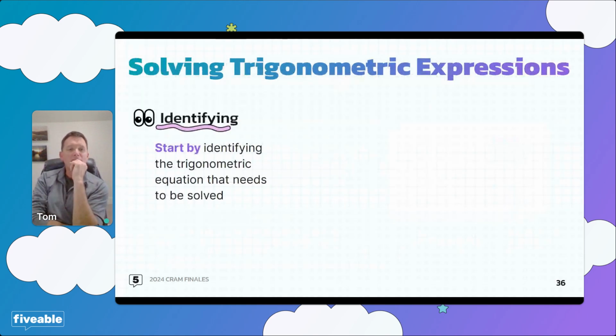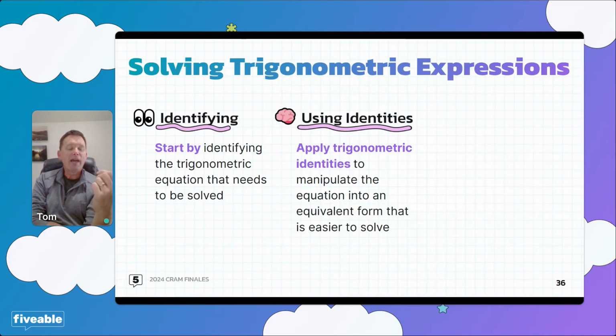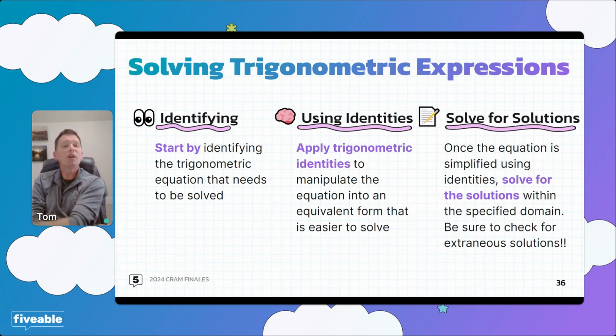So at this point, we're going to start playing around with what it looks like to solve equations and expressions. And what's going to happen sometimes is you're going to be given a problem in a form that isn't immediately solvable, and you'll be able to use one or more of these identities to rewrite the problem in such a way that you can actually go through and solve it. This is going to be a topic for night 4. So this is just a preview of what you're going to see. But we're going to look at the process of solving trigonometric equations by rewriting trigonometric expressions by using identities.